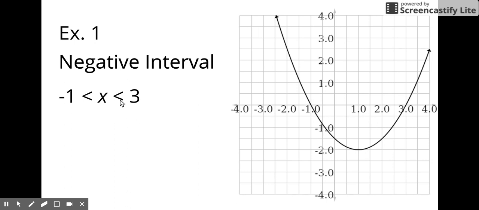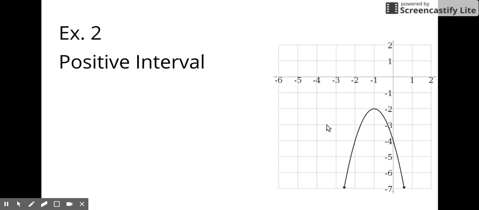Notice that we're not including the -1 or 3, and that's because if we included it, we'd be saying that your y values are negative between -1 and 3 inclusive. But at -1, your y value is 0. 0 is not a negative number, and that is why we have to make sure we put a less than